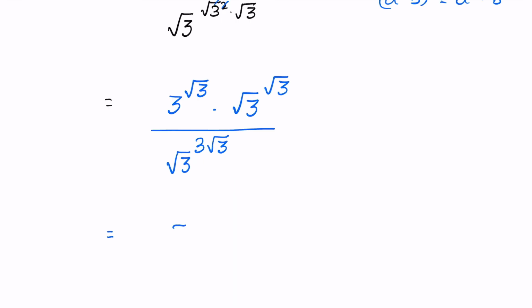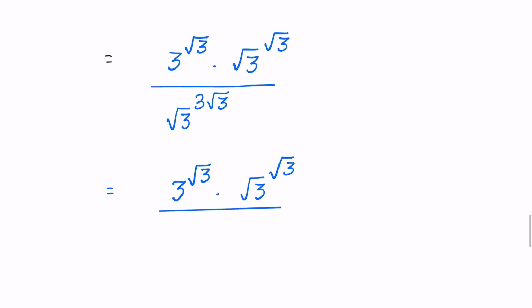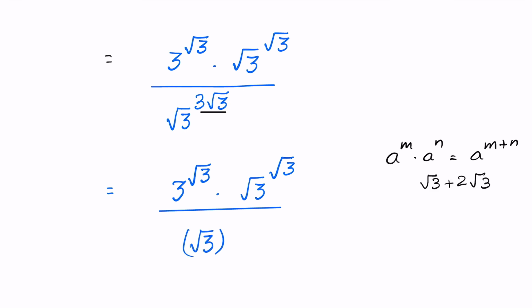Using the identity a raised to the power m times a raised to the power n is equal to a raised to the power m plus n, we can write